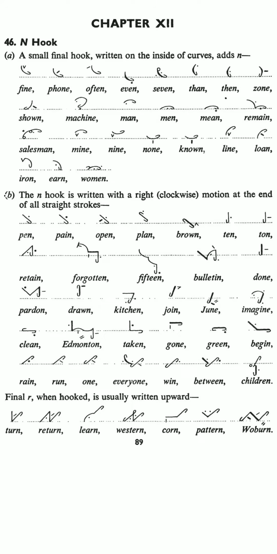Mine, M stroke with n hook above the line, I diphthong is used here on the first place of M after it। Nine, N stroke with n hook above the line, I diphthong on the first place of N after it। None, same outline on the line, N stroke with n hook, light dash on the second place of N after it।